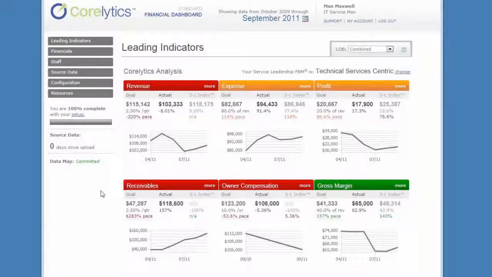The benefit of Corelytics is really going to be taking the time once a month, post your most recent results, come and look at the leading indicators. Are you doing what you want to do? If you take a look at this, I'm looking at this saying, I need to increase revenue. I'm going to take 30 minutes a month. I'm going to sit down and look at this, see what the trends are, look for any red flags, and come away with an action plan of maybe 3 items. I'm going to do something about revenue in one particular line of business. I might have an expense that I need to focus on. Maybe I need to worry about